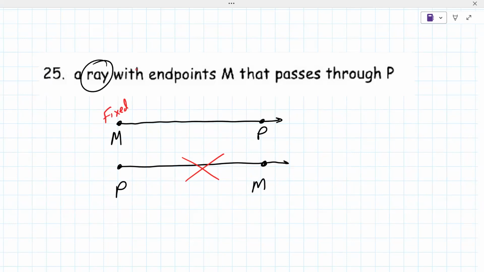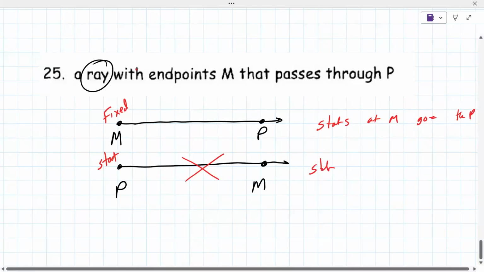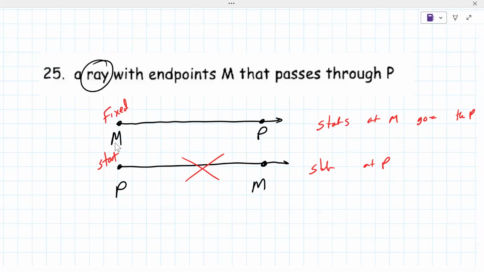Fixed means it starts there. This is always the starting point. That's the difference here. The first one starts at M and goes through P. The other one starts at P and goes through M. And so the difference is that the endpoint is the one that's fixed. I don't think that's a great answer, but we'll maybe see that in